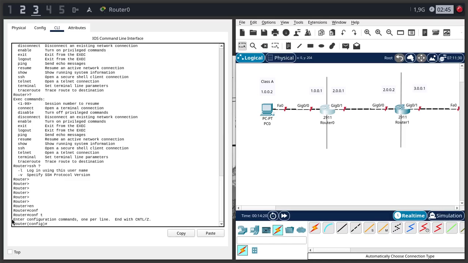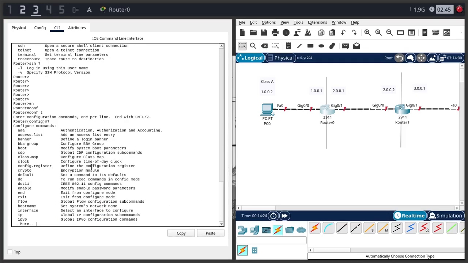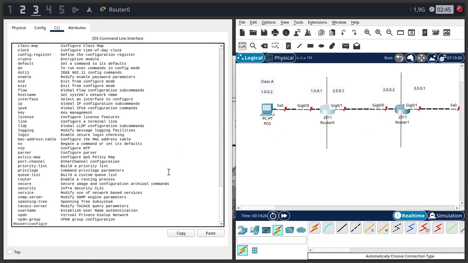Now we are in global configuration mode. With this, you can basically configure the entire router globally. It's more general, and we're trying to figure out exactly which port we have. Because we're in config, all of our commands that we would need to exit for, we can just do